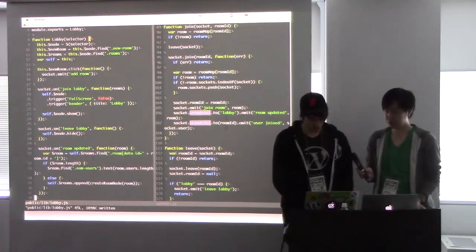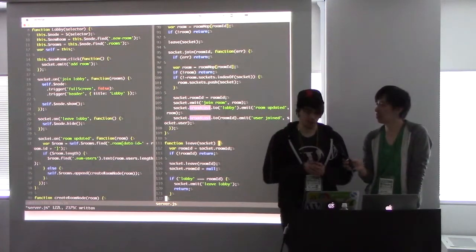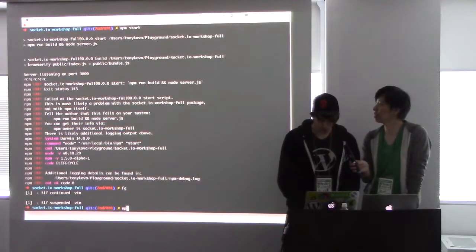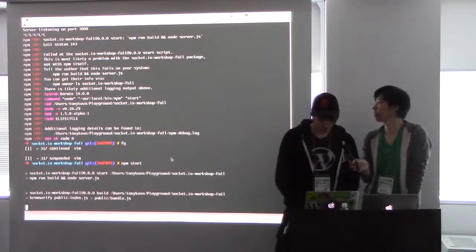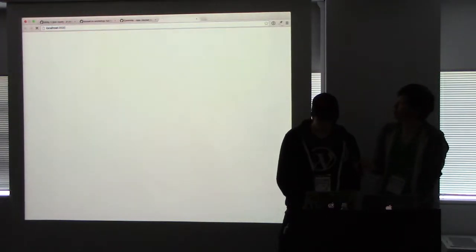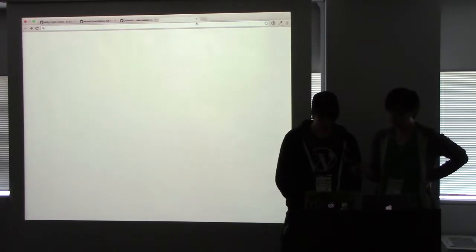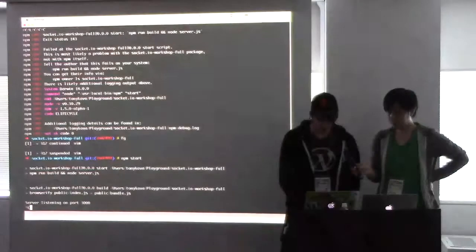All right, so unfortunately we're running out of time. So what I'm going to do is, we've now got this basic chat functionality going on. We don't have much there right now, but what it's supposed to look like is,